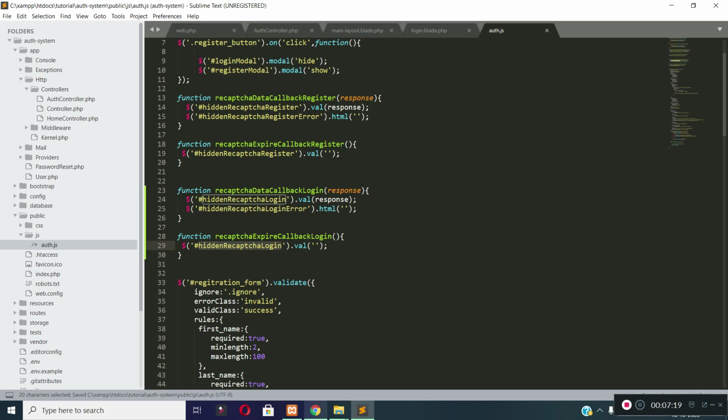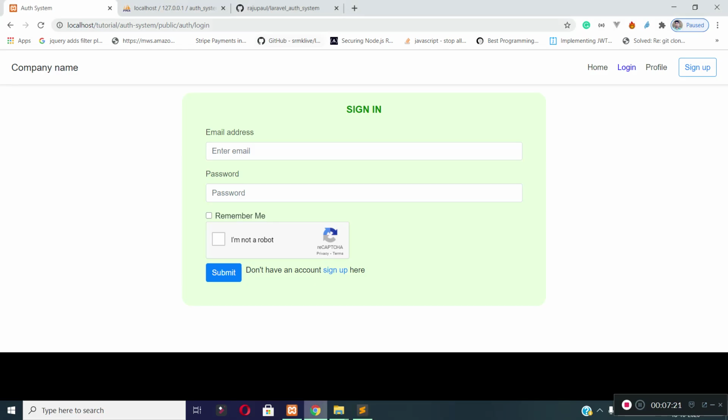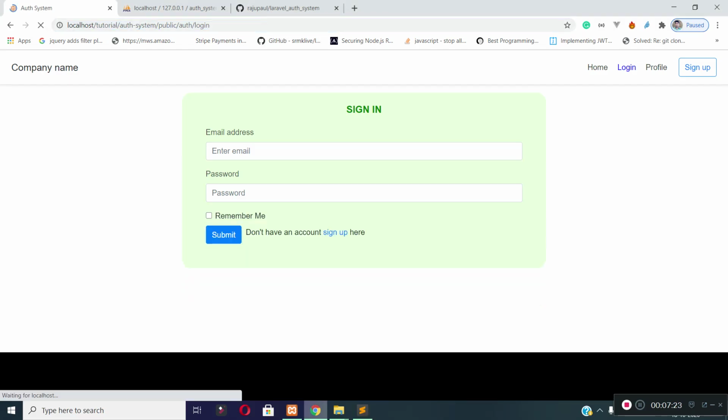Now let's add client side and server side validation rule for the login form.